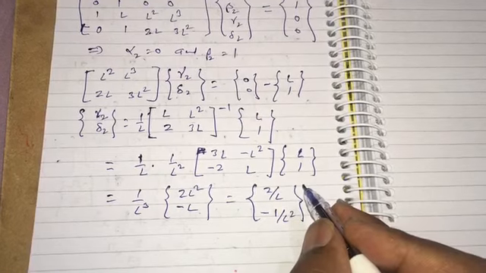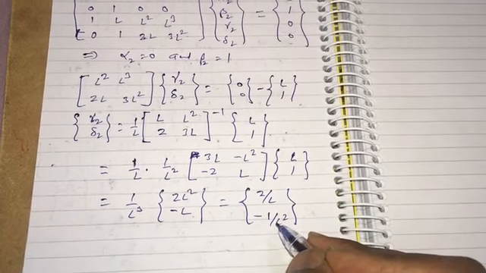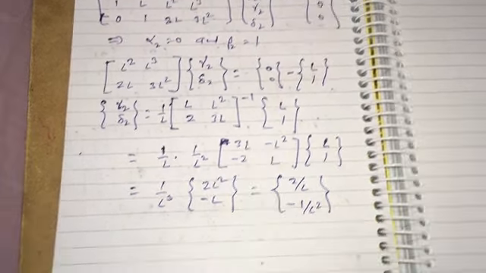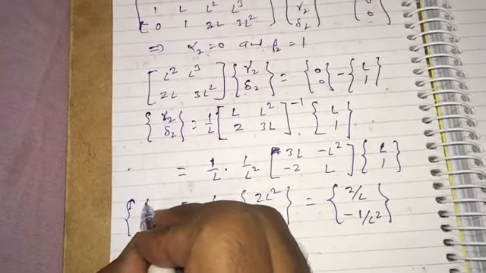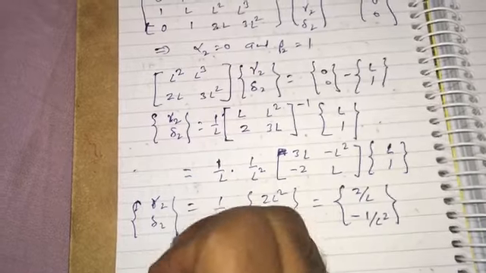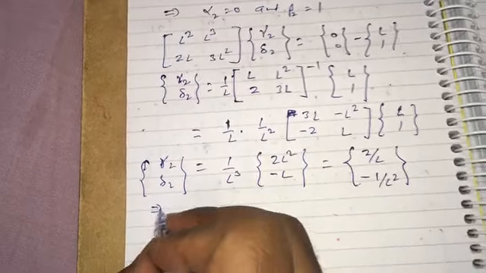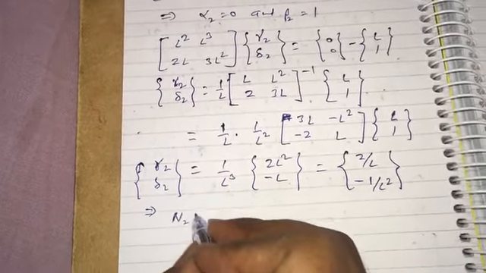Okay, so 2 over L and minus 1 over L square. So that is gamma 2 and delta 2, and because of that we can write now N2 x